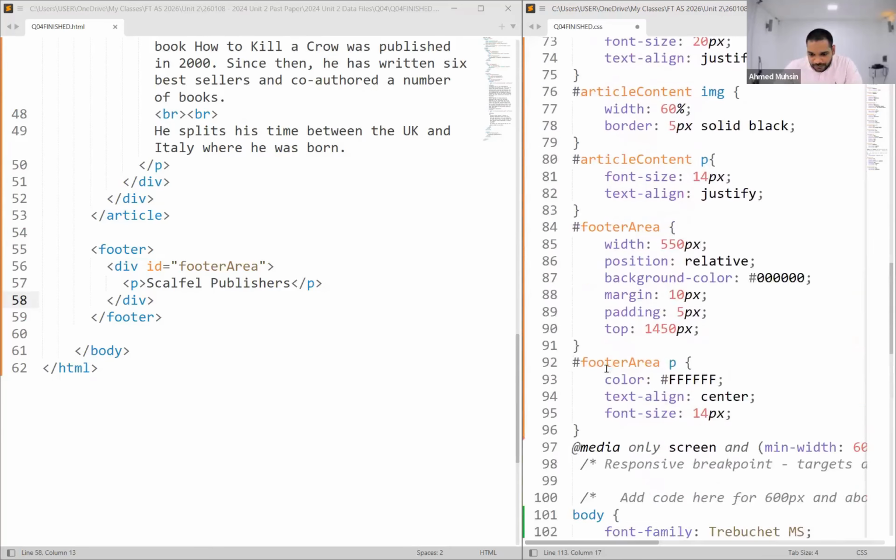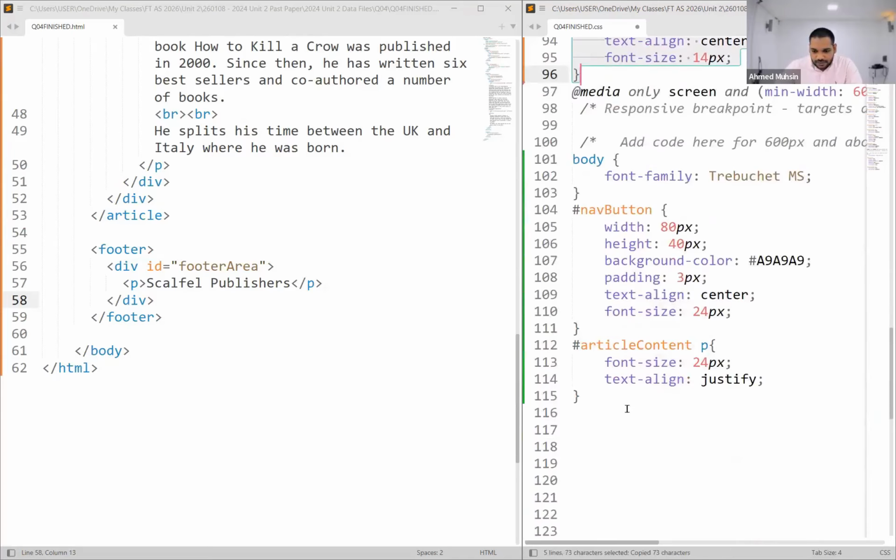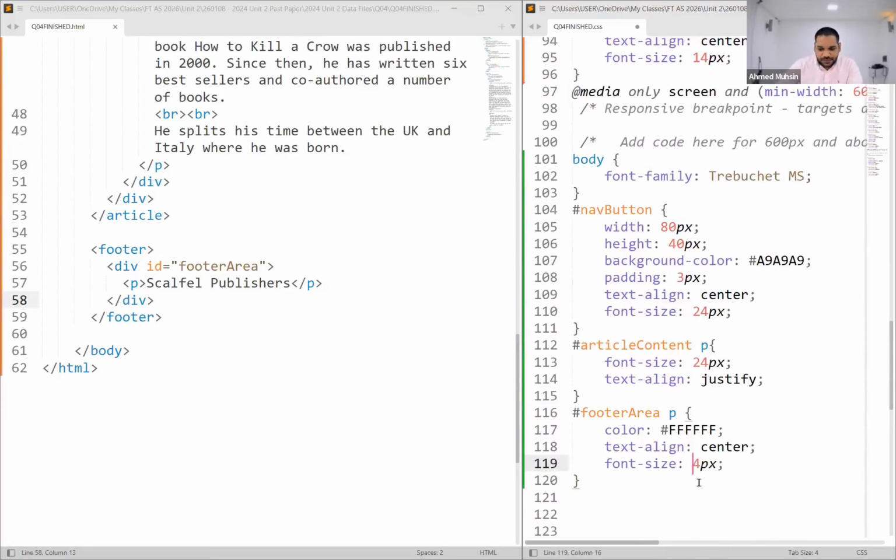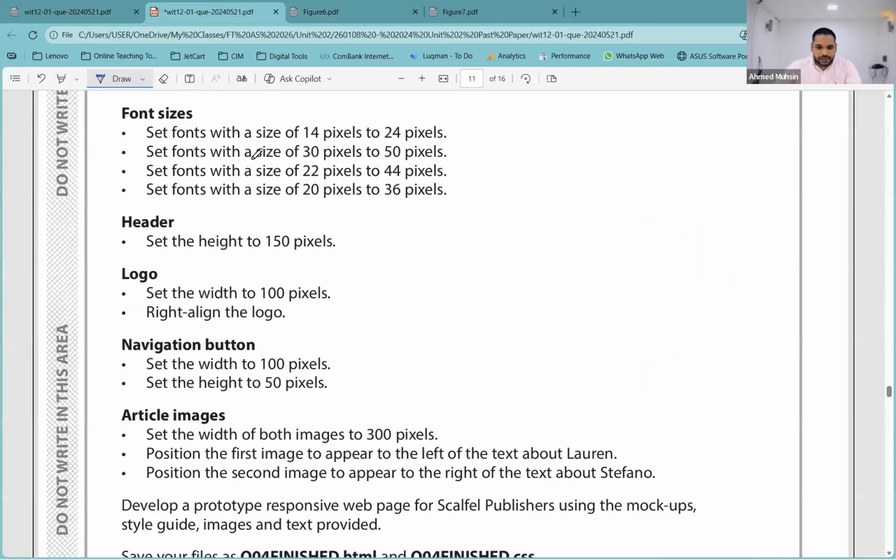Again I can see 14 pixels in footer area. So Control C, come here, Control V. This will become 24 pixel. Are we all okay with this? Right. Then boys, girls,